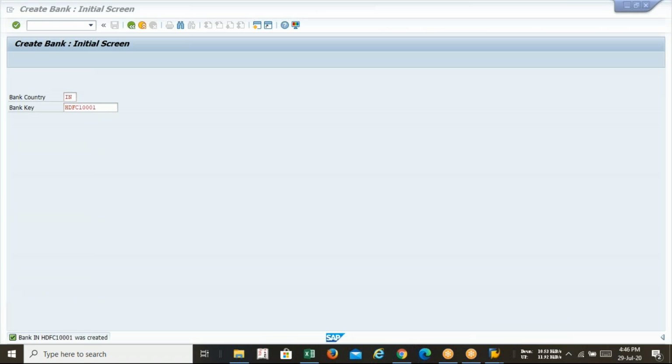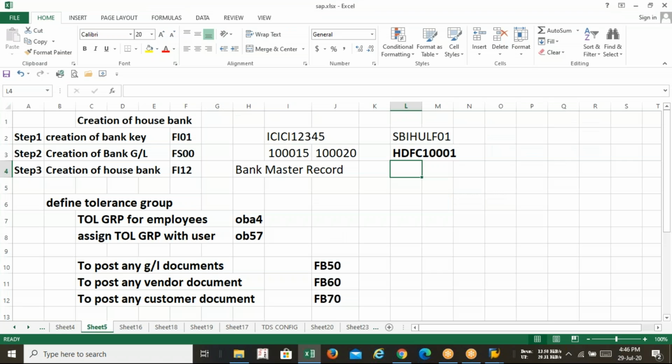Okay. Now, what will be the second step? Bank GL. So guys, my simple recommendation to all of you in SAP: just tell me one thing, what is the usage of a bank? In our daily life, the main two usages of the bank are that we have to receive payments and we have to make payments. It means incoming payment and outgoing payment.